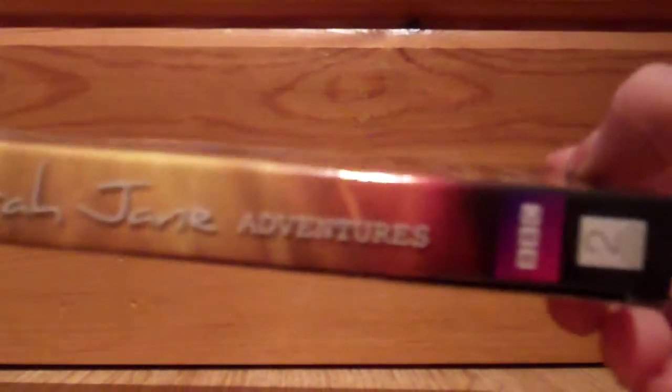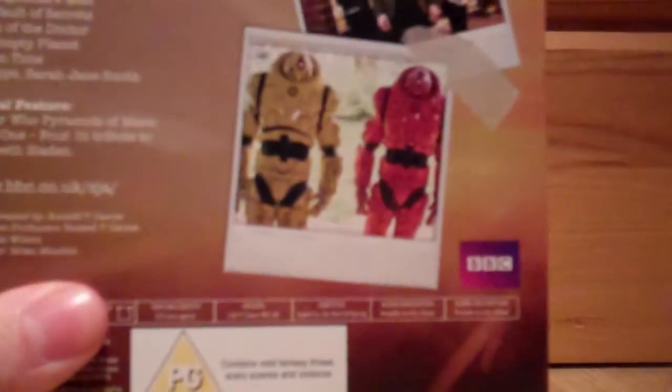And then on the spine we have the complete 4th series of the Sarah Jane Adventures, BBC to entertain all that. So, the Sarah Jane Adventures, the complete 4th series, with special appearances from the 11th Doctor and former Doctor's companion, Jo Grant. Yeah, featuring a special appearance by Matt Smith as the 11th Doctor. Because the 11th Doctor here is featured in the story Death of the Doctor, which is like the wedding of Sarah Jane Smith, only it's Matt Smith and not David Tennant, so...